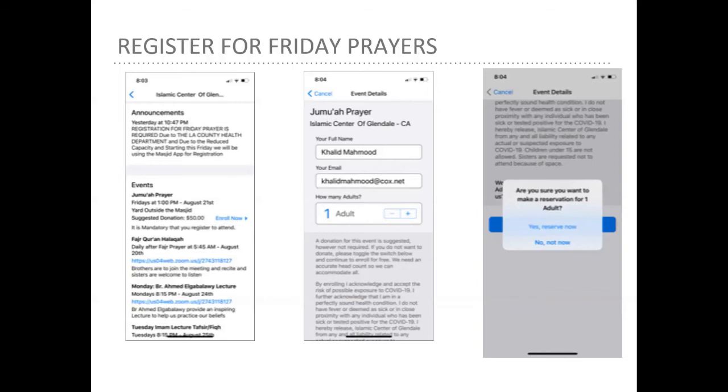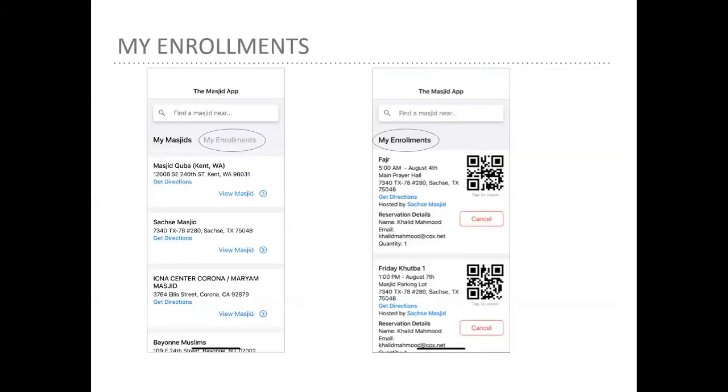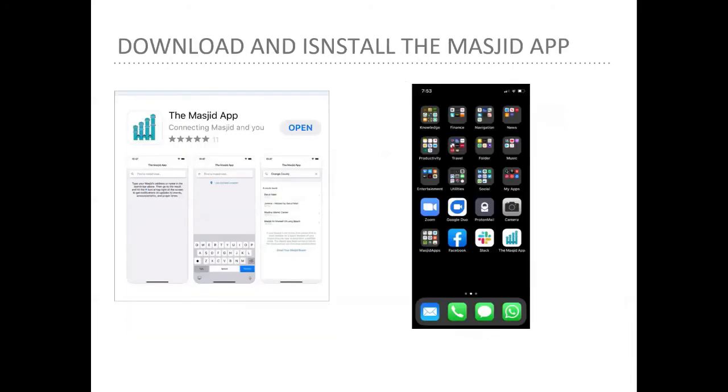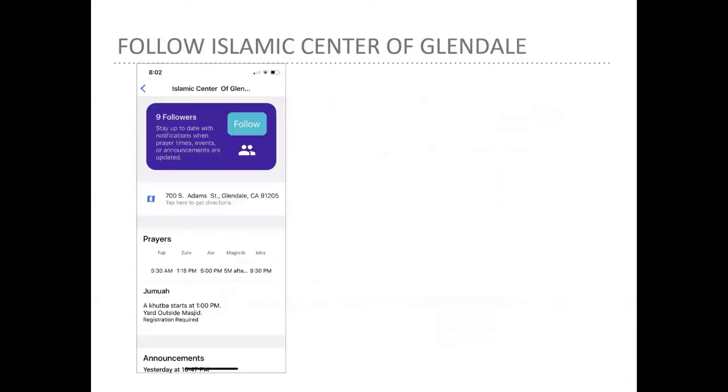And Brother Siraj, you can take on from here and give further instructions. Okay, so just to stress it again, the most important thing, yes, keep that screen, the one with the follow. The most important thing is the follow. This is very, very important. This is actually the current page for our masjid. The brother did a great job. He has gone to the application and took this from the application. You see the title up on the top, the Islamic Center of Glendale. So that's what we have now.